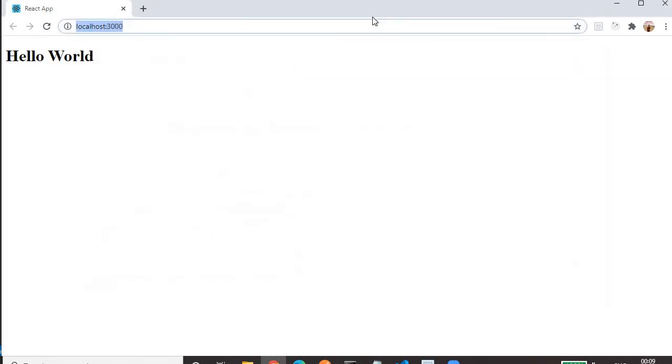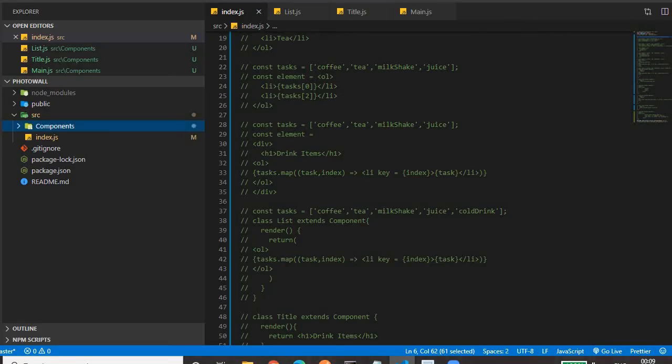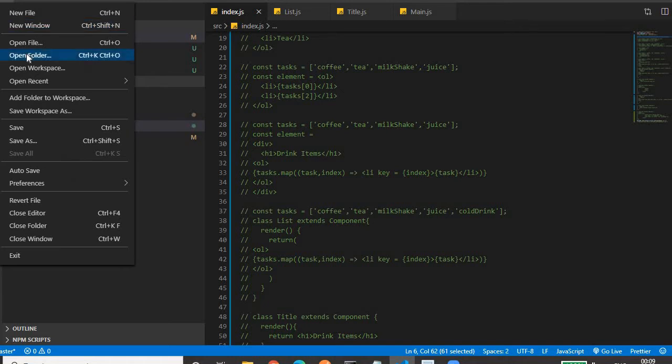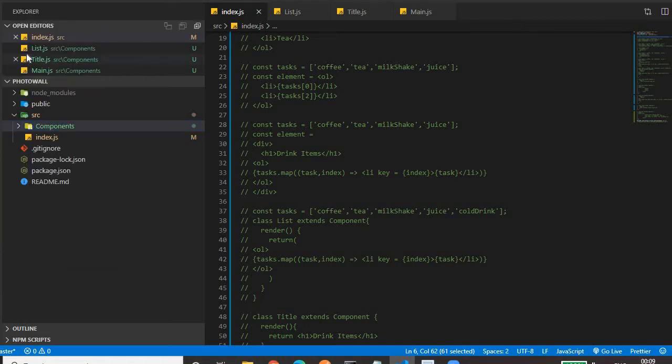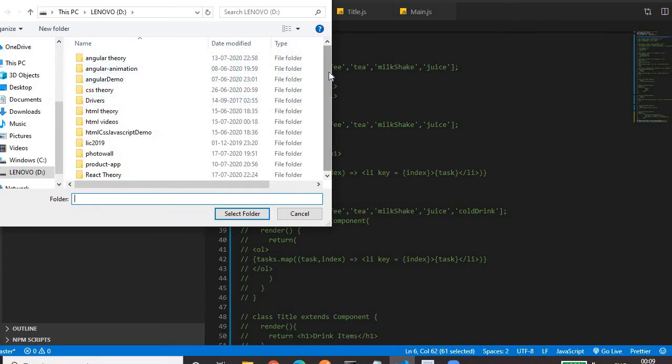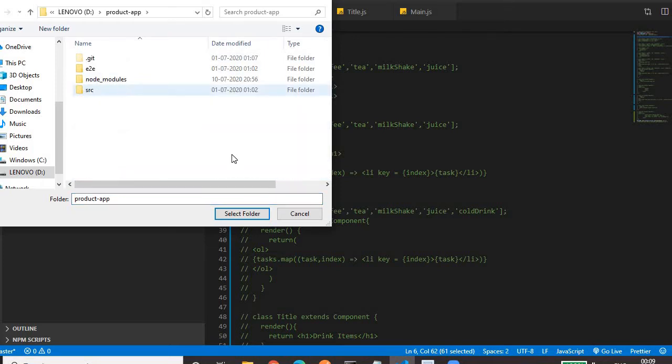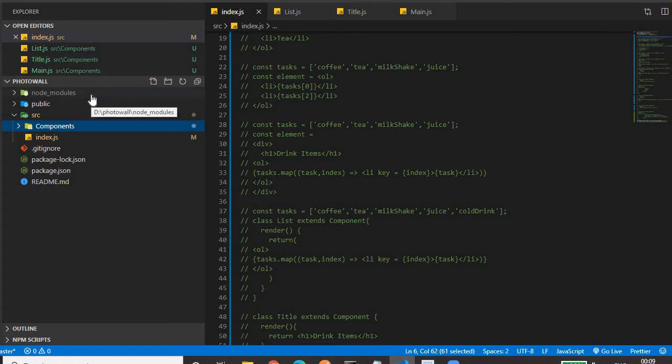Once this is done, your project gets ready. Then you have to open your project from Visual Studio. Click on File, go to Open Folder, and select the project that you have created. I created the project in my D drive. This is the project, so select it, then it will be shown in the editor. I already had selected it, so there's no need. I have done all these steps to save time, because installation and all those steps take more time and we won't get much time for coding.